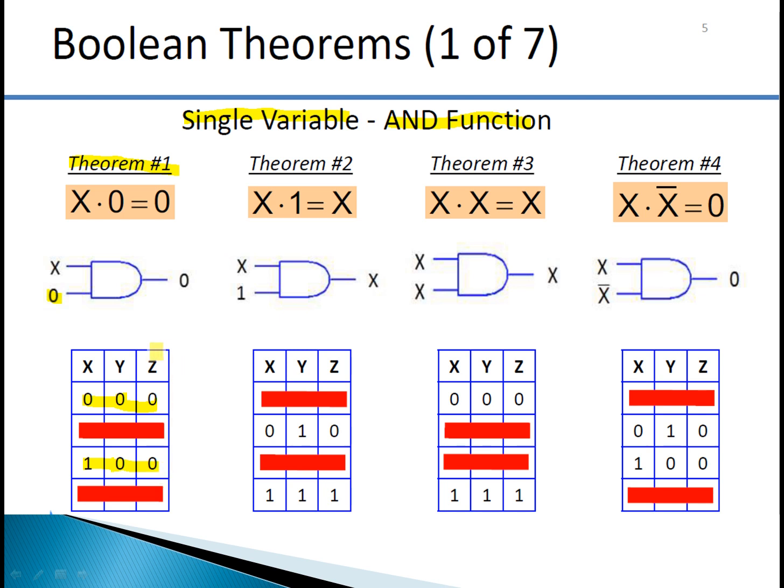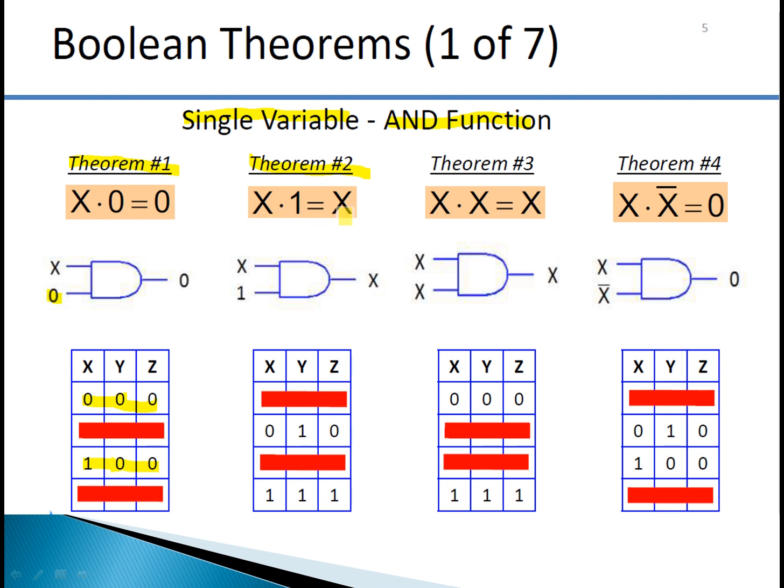So now consider the output column, that is z. In both the cases the output is 0. That means irrespective of the value of x, the output is always 0. Hence x dot 0 equal to 0. So next, the second theorem,